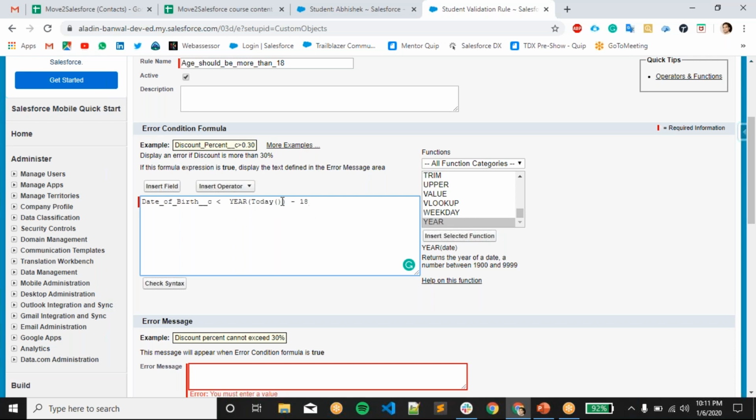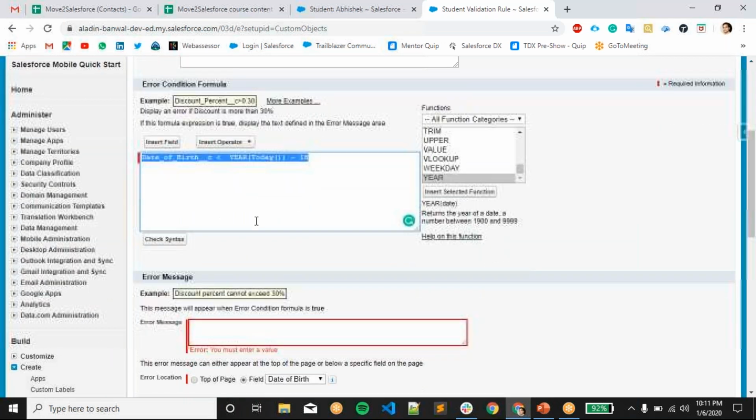Now I'm not considering the month and date part. For correct data we should give the date and month as well. Now I'll check on the year only.